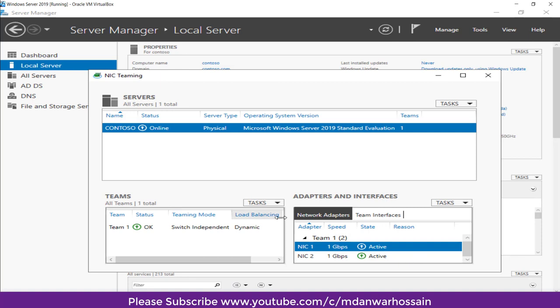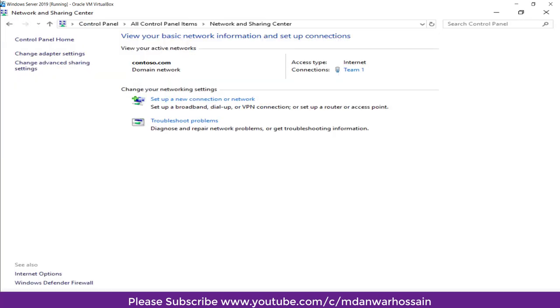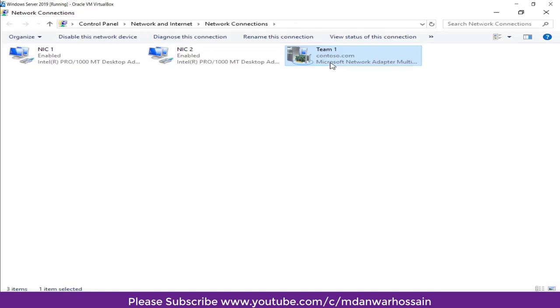To verify our configuration, let's go to Network and Sharing Center. We can see there is a new logical network interface card called Team1, and this is the one we have configured, so we can put an IP address on it.